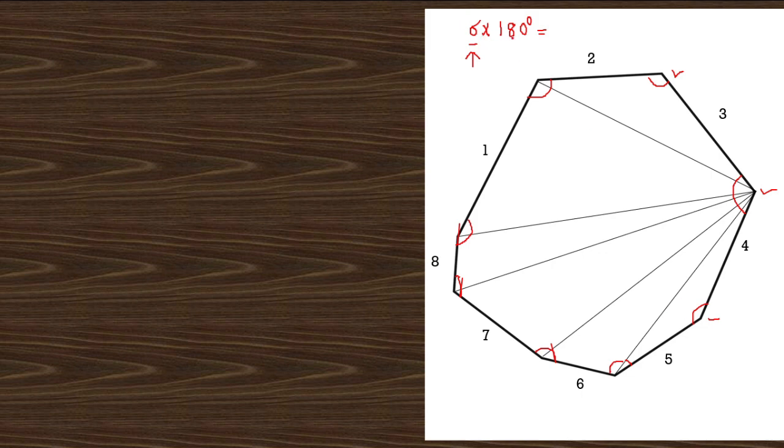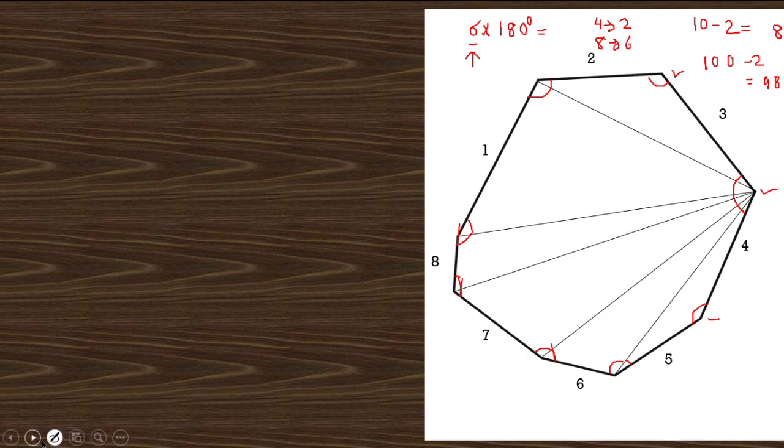So how many triangles are there? 6. In a quadrilateral, how many triangles were there? 2. And in an 8-sided figure, there are 6. They are actually 2 less than the number of sides. Which means if there is a 10-sided figure, the number of triangles will be 10 minus 2, that means 8. If there is a 100-sided figure, the number of triangles is going to be 100 minus 2, which is 98. You can see in a 4-sided figure there were 2, and in an 8-sided figure there were 2 less than 8, that means 6.